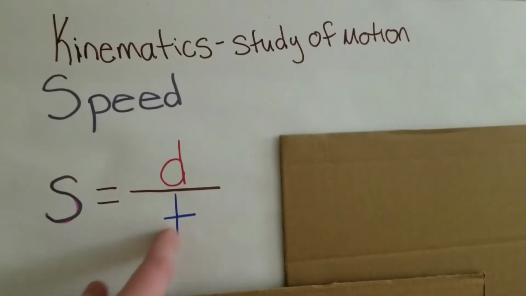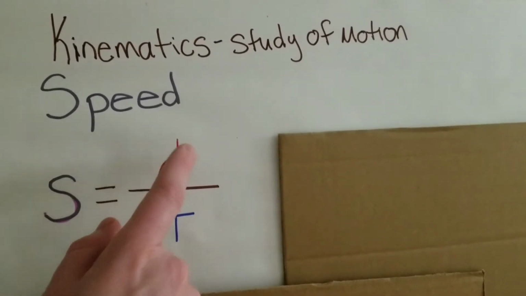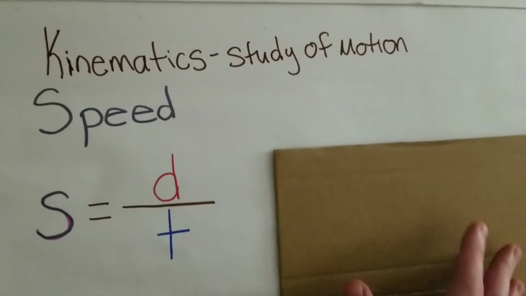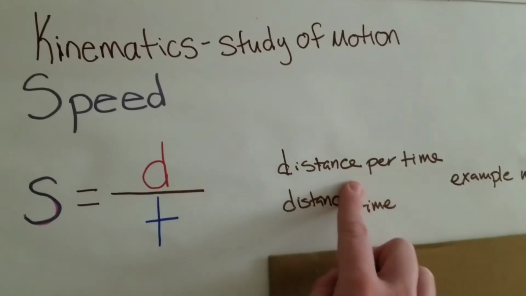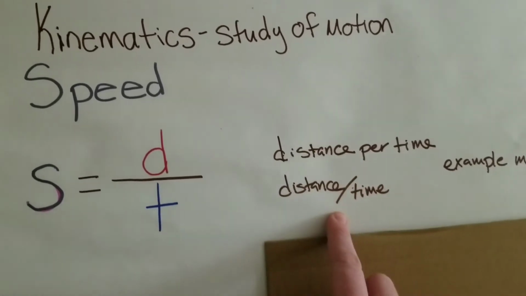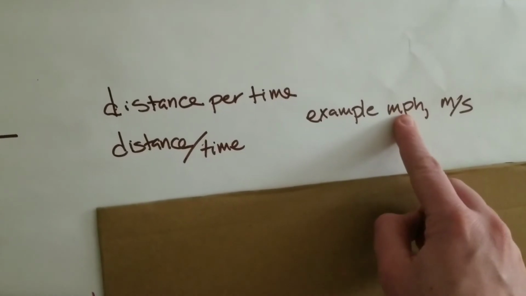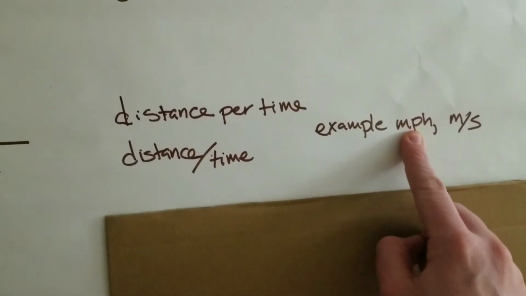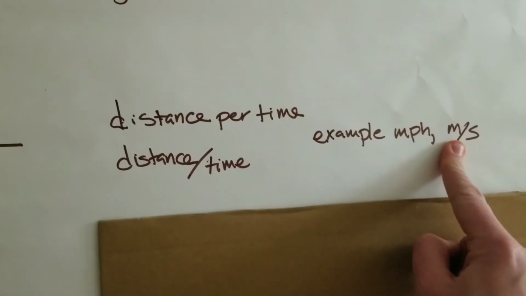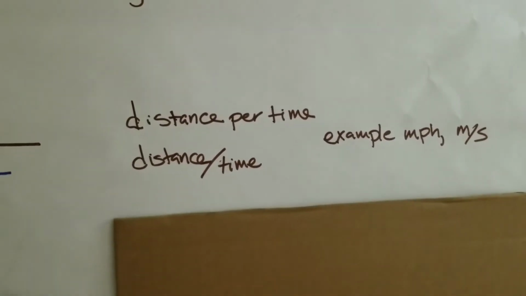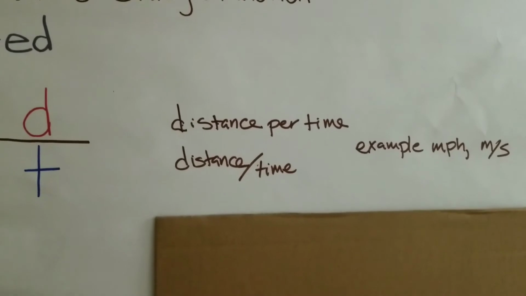There is a reason for this color, but we'll get to that later. Units of speed are always going to be in some form of distance per time or distance over time. Examples: miles per hour, this is on our speedometers. Meters per second is what you'll see most often in physics. The next one that they were given,